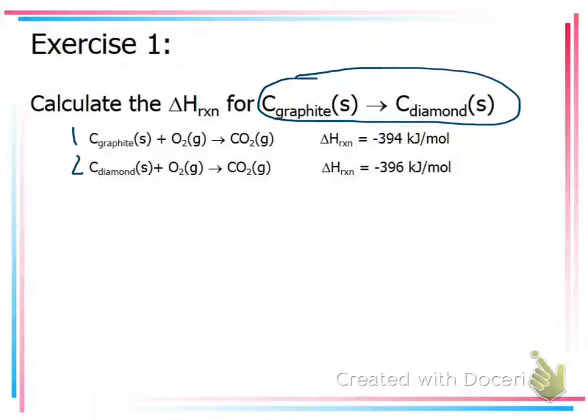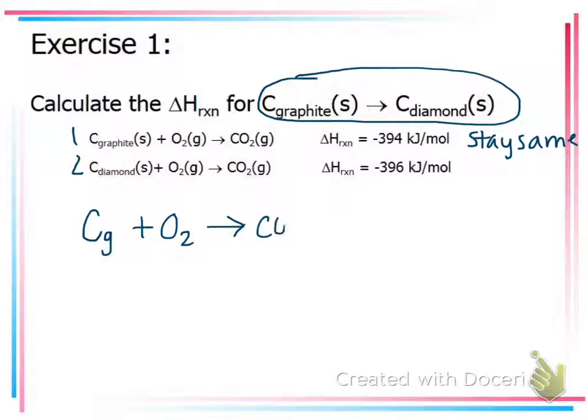Okay? So we need graphite on the reactant side, and if we look at this first equation, graphite's where we need to be. So this equation will stay the same. And since we know it will stay the same, we're going to go ahead and rewrite it. We're going to do carbon, and I'm going to do G, so we don't have to write it all out. Okay, plus oxygen,